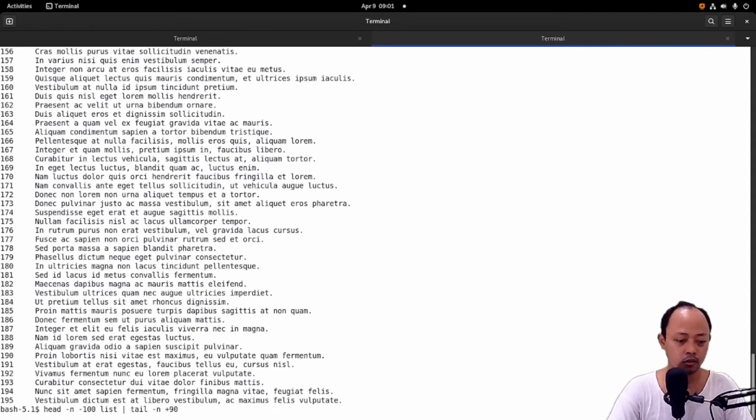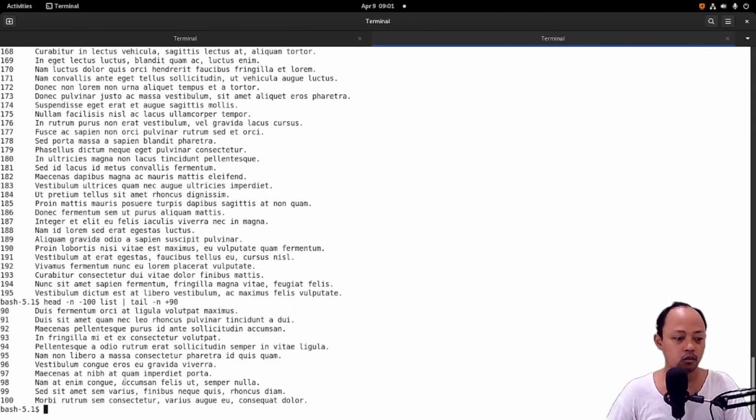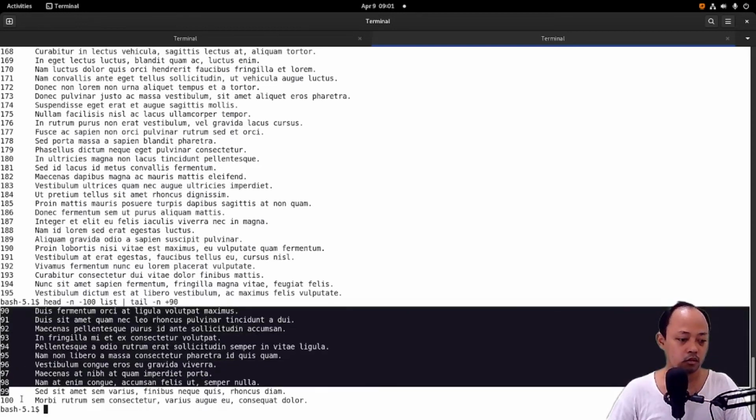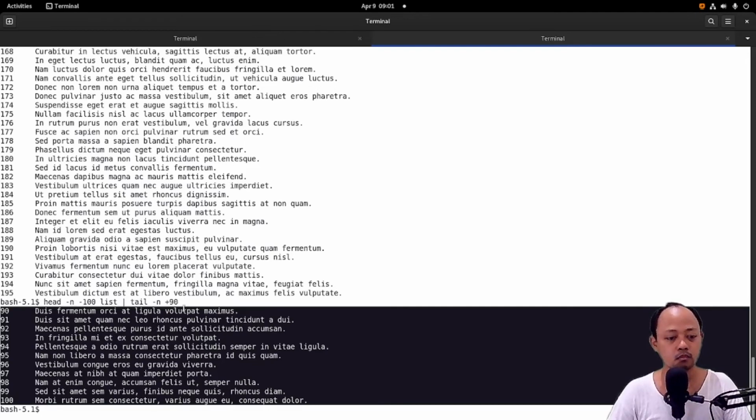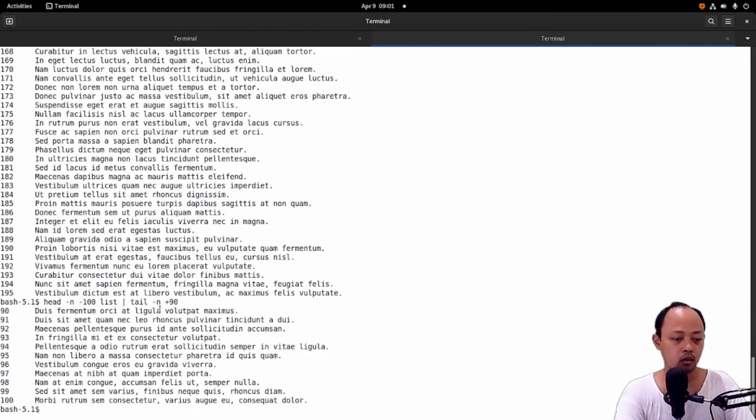Let's try. So with these two combined commands, it produces this output. It's like a range of the list. I hope you understand what I mean.